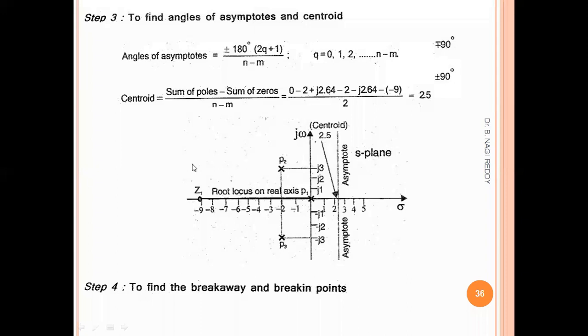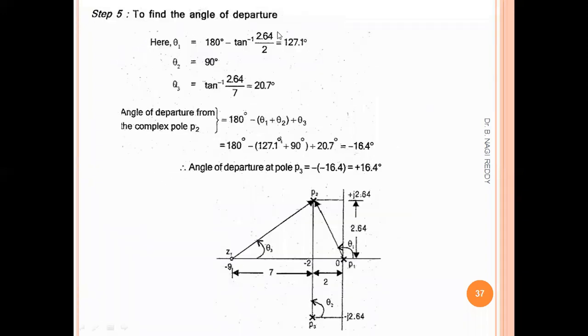Okay, and coming to step 5, it can be calculated with the help of angle of departure and angle of asymptotes. Angle of departure and angle of arrival can be calculated with the help of complex poles and complex zeros. Here there are no complex zeros, that's why there is no angle of arrival. We have complex poles, that's why we can calculate angle of departure. Angle of departure will be calculated for the complex poles,